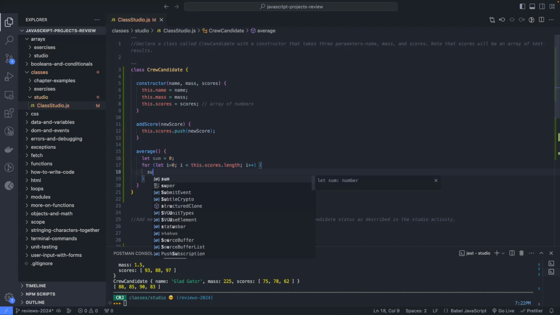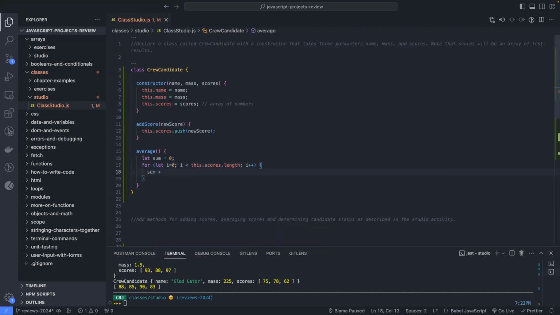Okay. And then we'll just do this accumulator pattern here where we say sum plus equals, and then just add one more value to it. So we're going to go to this.scores and get whatever number is at index i as we traverse through this array of numbers. And then when it's done getting all of the scores out of that array and adding it to our sum,